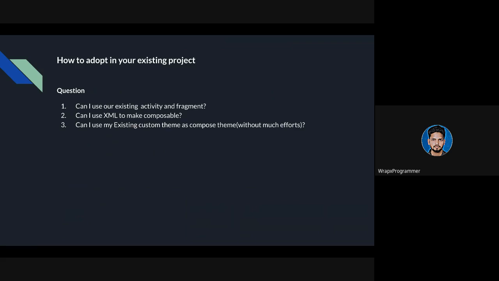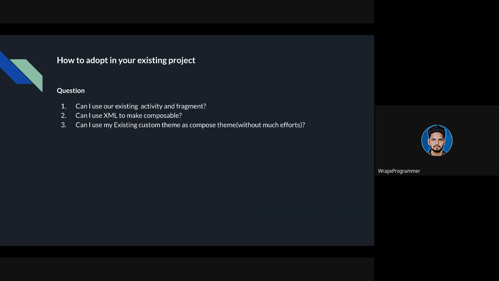ओके, सो नेक्स्ट इज़ बेसिकली how to adopt, यानी कि how to adopt your Jetpack Compose in your basically existing project, whatever you have right now. So if you are working at any of the IT company, any of the company as an Android app developer, so if you want कि हमारा पहले से legacy code XML वगैरह में है, and now we want कि उसको हम Jetpack Compose में कैसे चेंज करें। So for that there is a few questions जो आपके दिमाग में होगा,